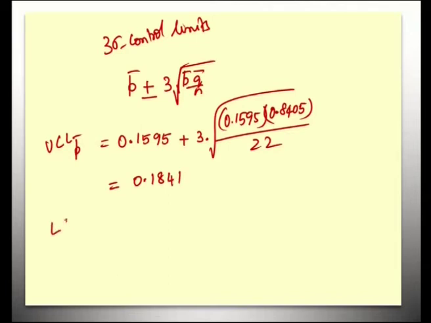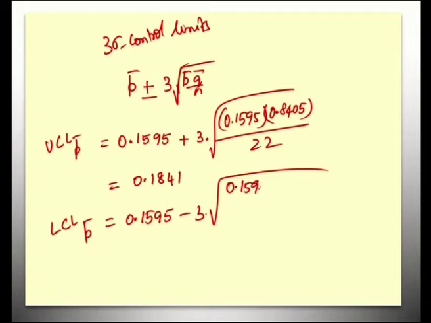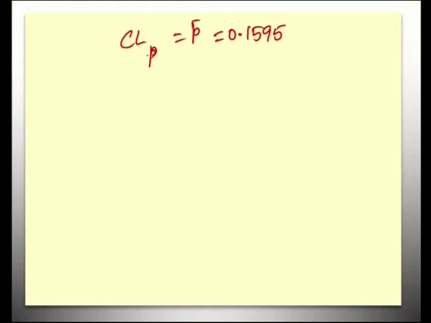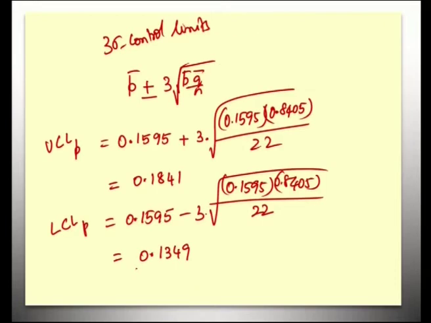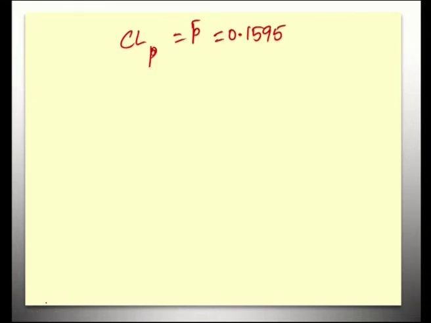and this value comes to be equal to 0.1841. Similarly, LCL of P is 0.1595 minus 3 into root of 0.1595 into 0.8405 divided by n is 22, which is equal to 0.1349. Next, CL of P is P bar itself, which is 0.1595. After we computed UCL of P as 0.1841, LCL of P as 0.1349 and CL of P as 0.1595, we draw the